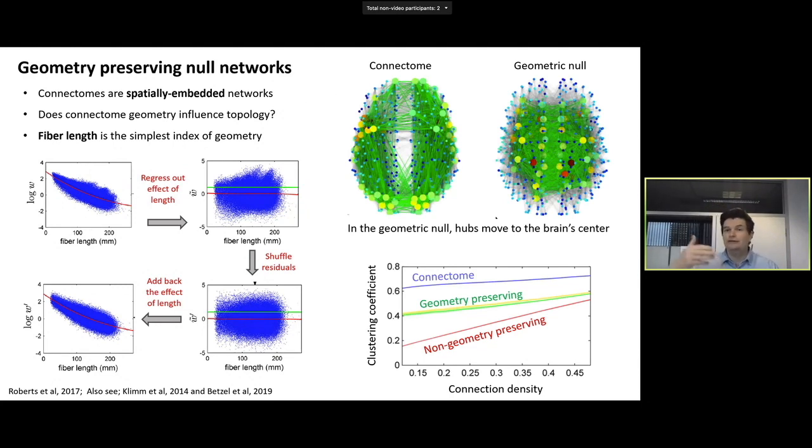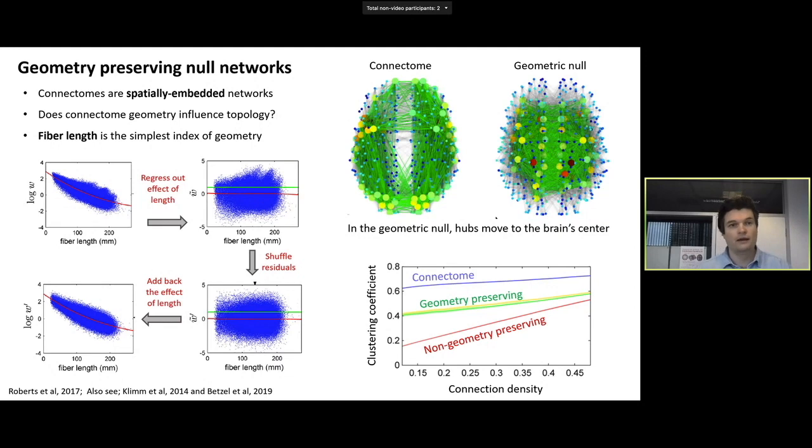So what we see here is, once we add geometry back into our null network, if you focus on the plot here on the bottom, which is the clustering coefficient, the blue line is the clustering coefficient for the real connectome. The red here is for the non-geometry preserving, in other words, Maslov-Sneppen rewiring, and there's quite a big gap between the real connectome and the red line. In contrast, once we add geometry back into our null model, we see that the clustering coefficient becomes closer to what it is in our real connectome. So this suggests that geometry is influencing, at least to a certain extent, network topology, in this case the